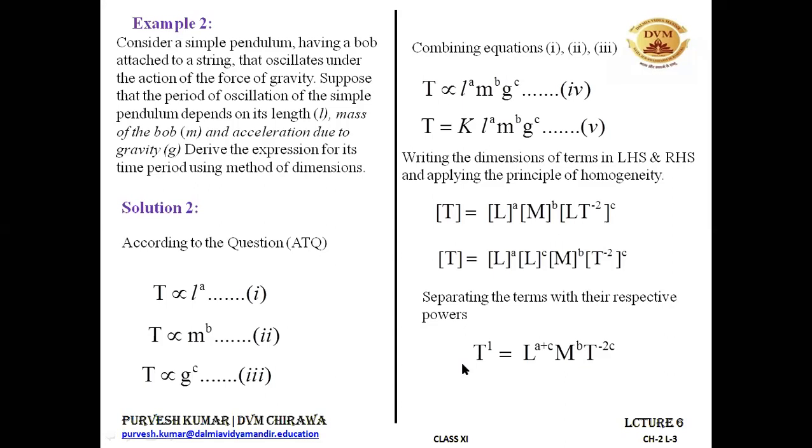All right. So let's compare the LHS and RHS, and we can be writing up this thing. All right. B is the power of M. So no M was involved. So we can write it like this. A plus C was the power of L. No L was involved towards the equation in left hand side. We can write it like this. And minus 2C, we can write it like this as 1.